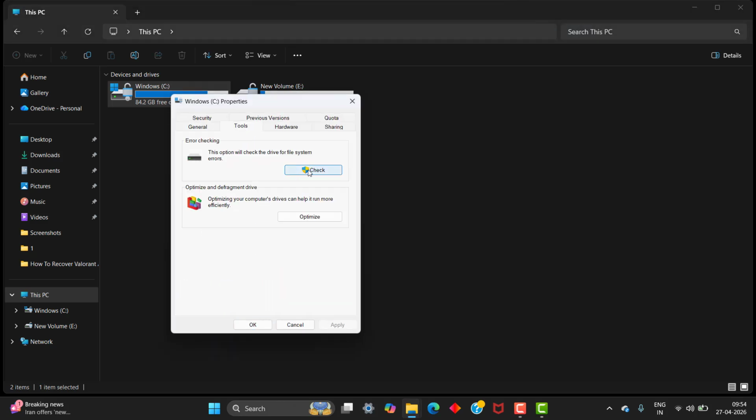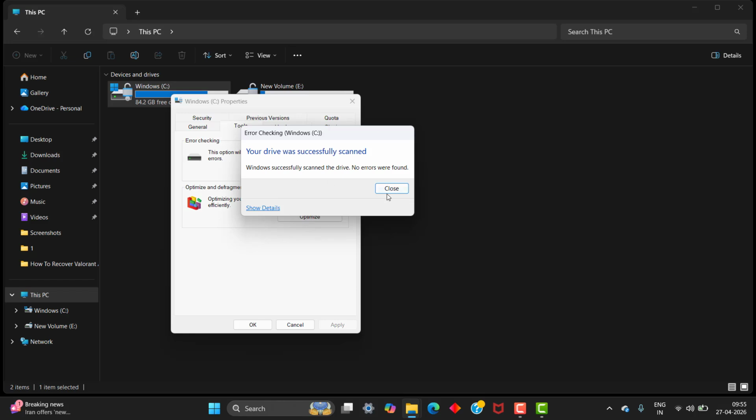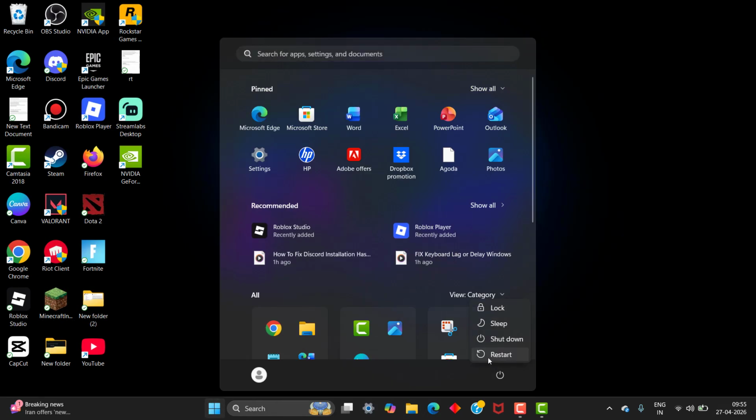go to properties and go to tools and click check and scan the drive. So it will scan the entire C drive because all the files and folders of the programs and games are in C drive. So scanning only C drive is enough. So you have successfully scanned the drive, and after that you need to go and restart your